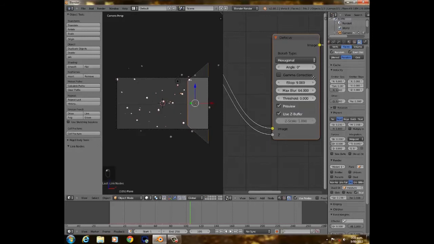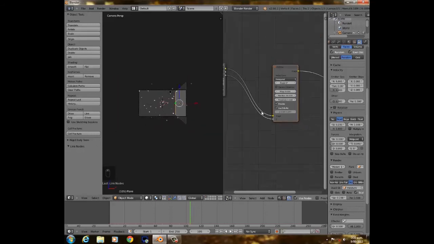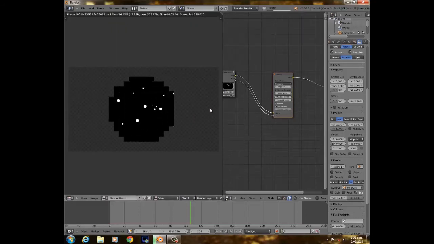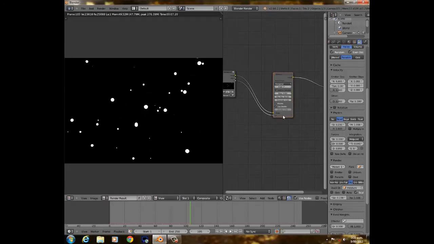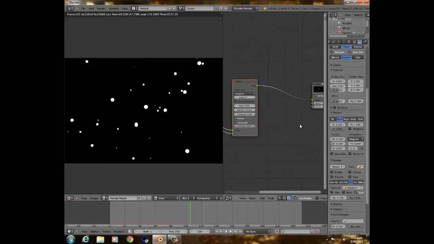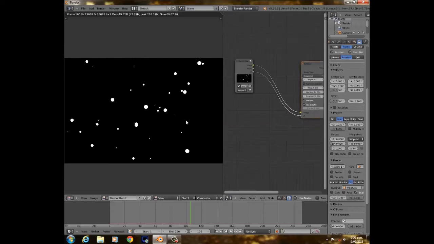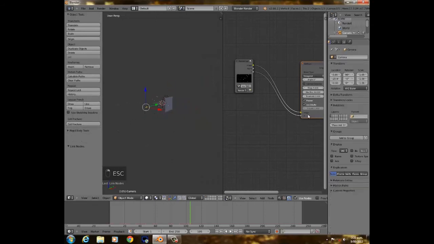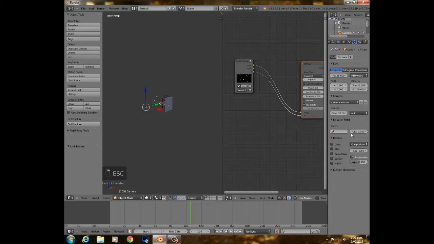And then this one is how much it gets blurred, and that is something to do with the blurring as well. I'll just press F12 and see how that works. Oh, what's going wrong there? Right, so if you guys are getting this problem, you have to click on the camera, go on the camera settings and select limits, otherwise it's not going to calculate it, and then just turn the